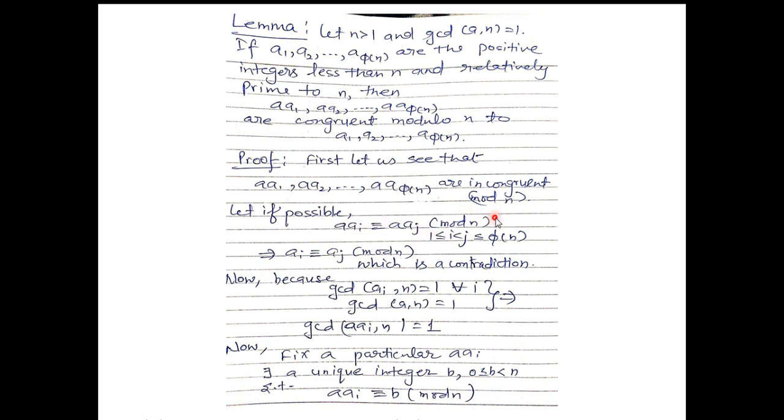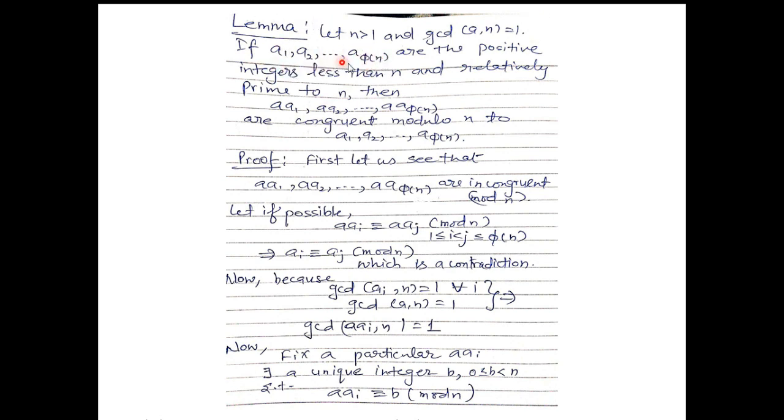They are congruent modulo n, where i is less than j and i and j are between 1 and phi n. So from here, a can be cancelled because GCD of a and n is 1, which is given to you. So we can cancel a. So we are left with ai congruent to aj, which is impossible because these a1, a2, up to a phi n are